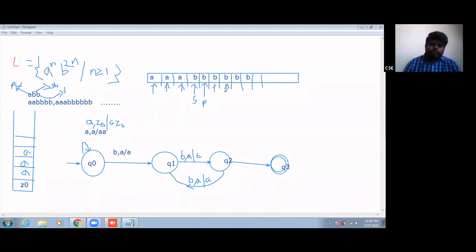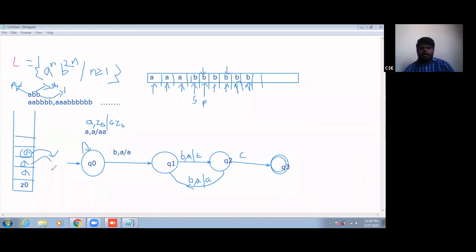After completion of this, at state Q2, the input string goes to epsilon. For every B here, the first B I am performing the skip operation, and for the next B the pop operation.